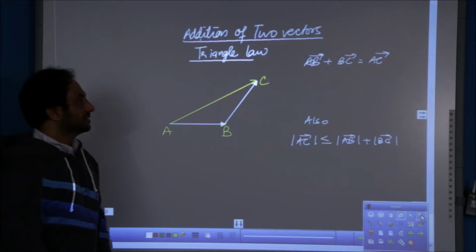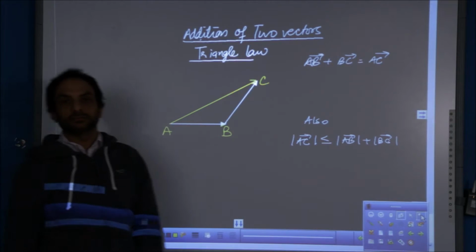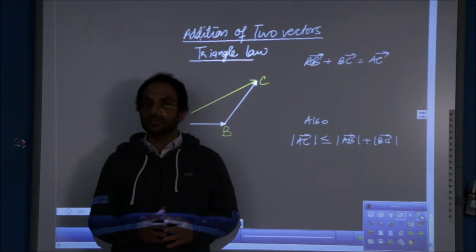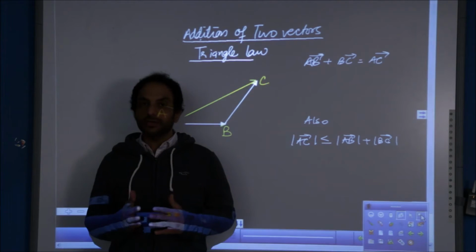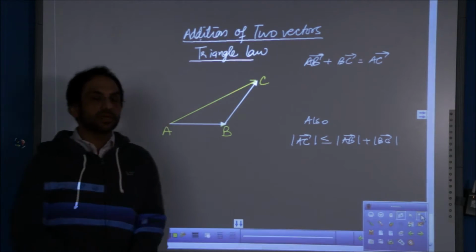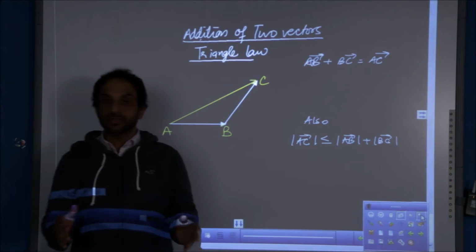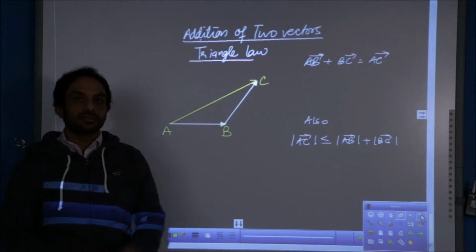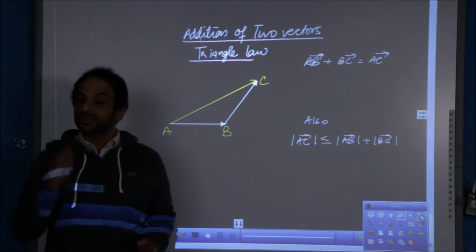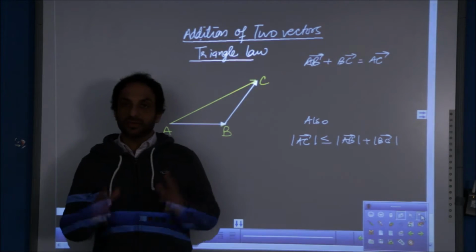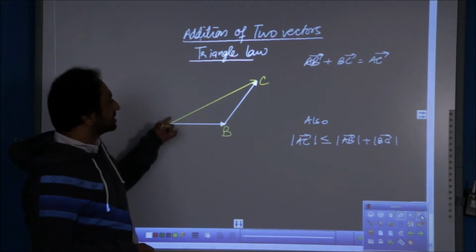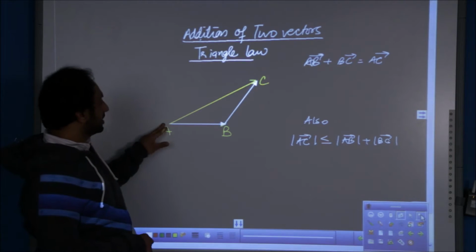Addition of two vectors, triangle law. If two vectors are represented as two sides of the triangle in the order, then the resultant, meaning the addition or their sum, will be given by the third side in the reverse order. When I say reverse order, I mean that head will coincide with the head and tail will coincide